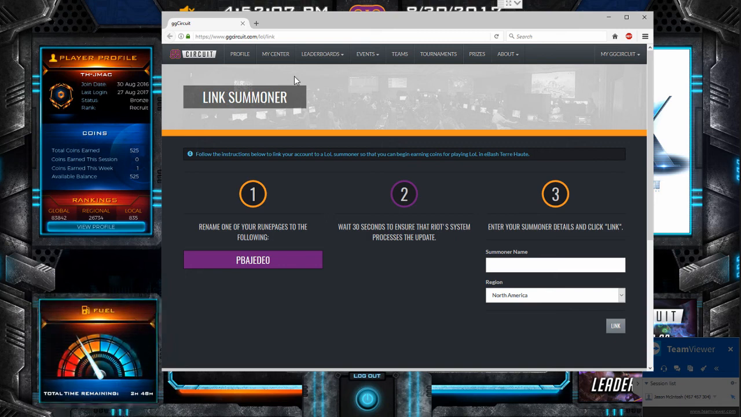With the ggCircuit system, you can link League of Legends, Smite, and Dota, and you can get more coins because we pull your match stats and apply our coin formula to what you do in game. You only have to link it one time, and then you're set. We give you coins for kills, assists, negative coins for deaths, and I'll explain that more when we go through